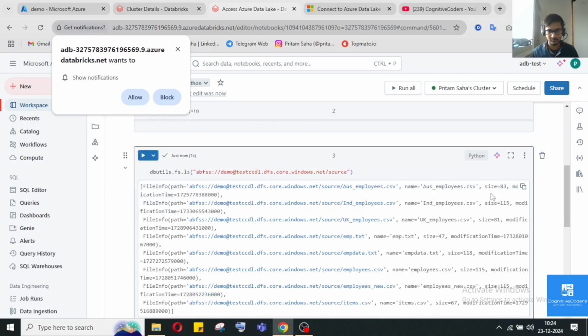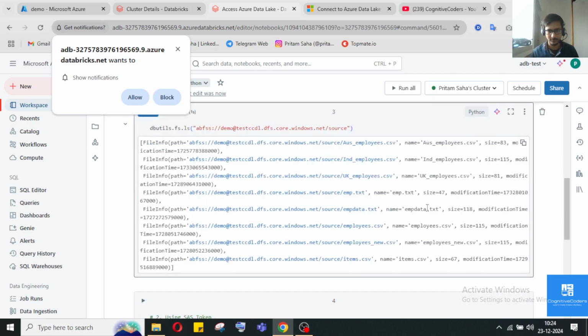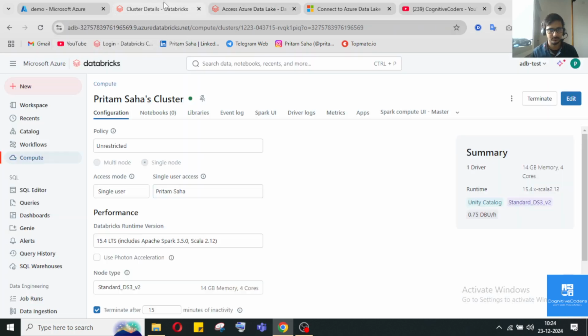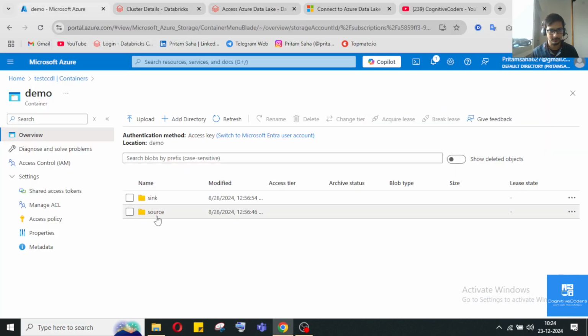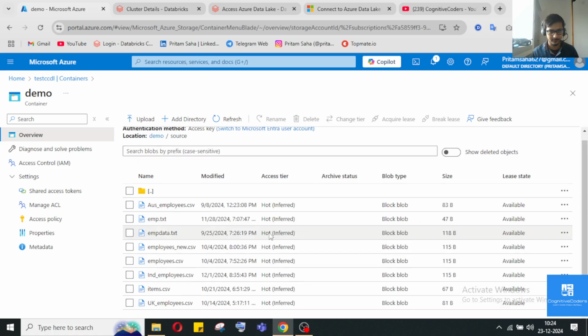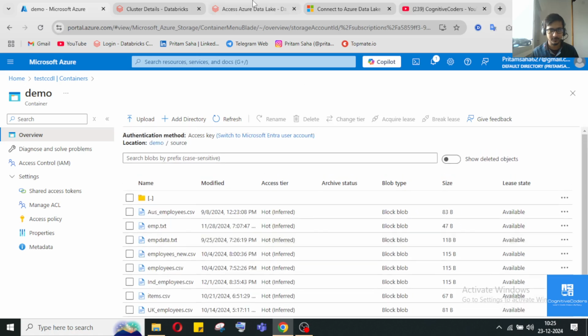Now all the source files are given here, employees, employee data, like this. If I go to source, all the data are given. Okay, now